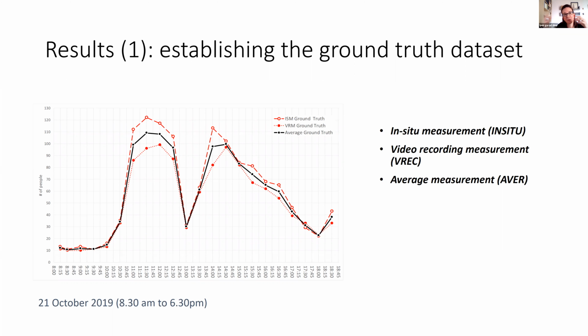Both of these data sets have their limitations. They somehow overestimate or underestimate the actual values. So we use an average data set that approximates these two.